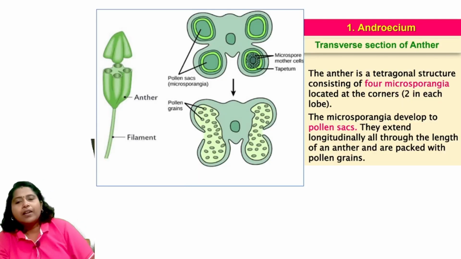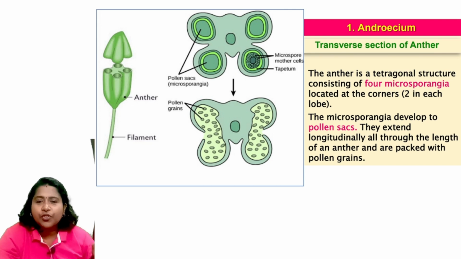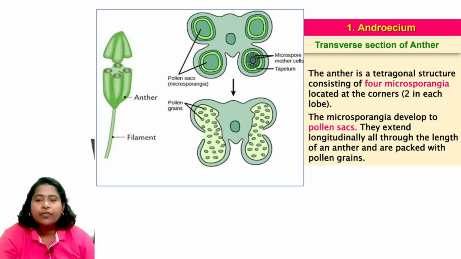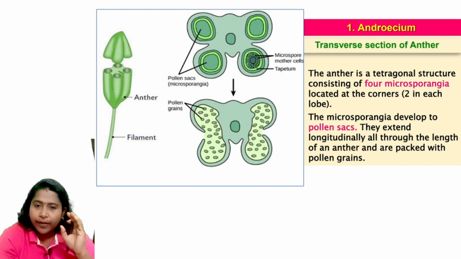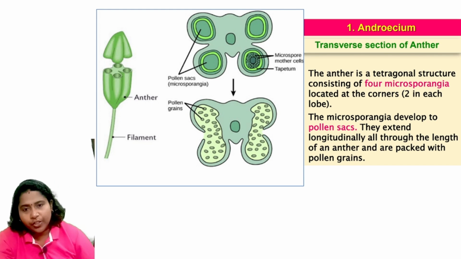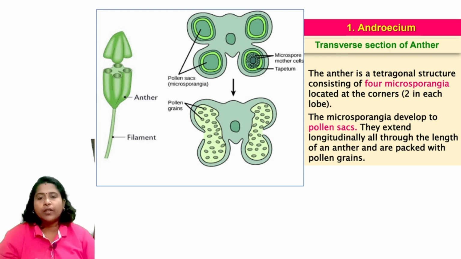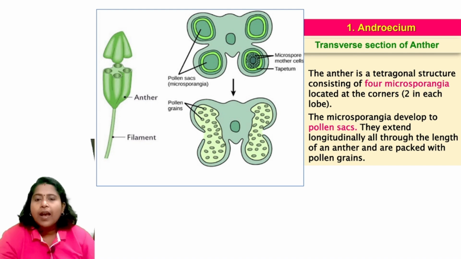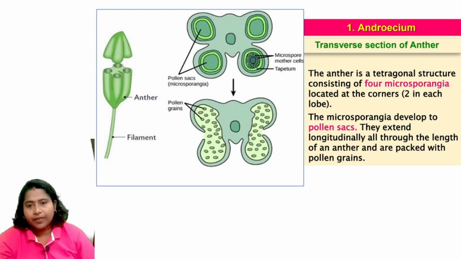Now this is very important. That is the structure of an androecium. If the question is asking for 5 marks, you should always write an introduction. What do you mean by androecium? It is a male reproductive structure, where it is present, and what is the normal morphology of a stamen and where the anther is located. Then you can directly come to this particular structure. Is that clear?